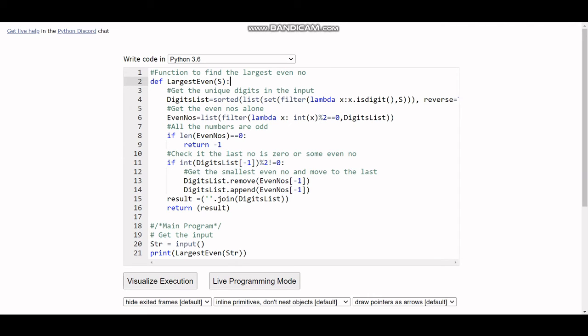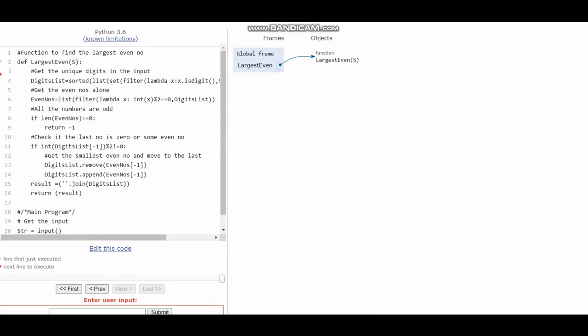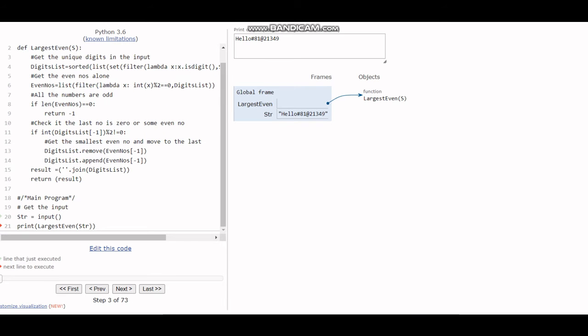Let's start the execution with list comprehension. I'm going to show the execution with more than one even number. So here you have 4, 2 and 8. Let's see how it executes.